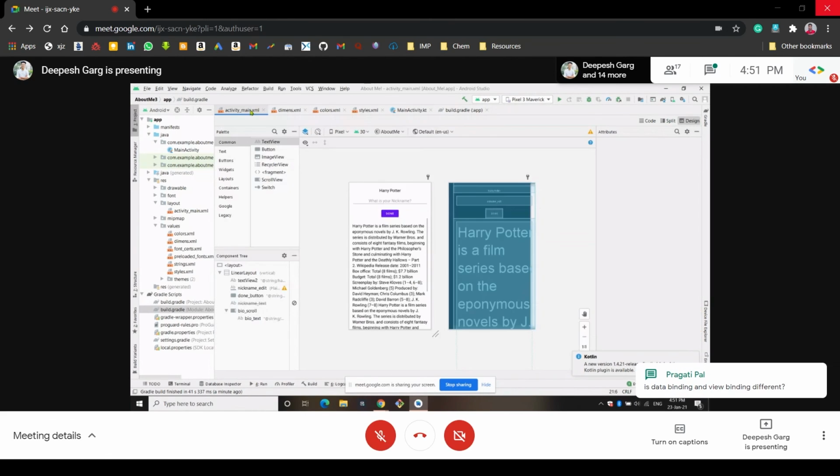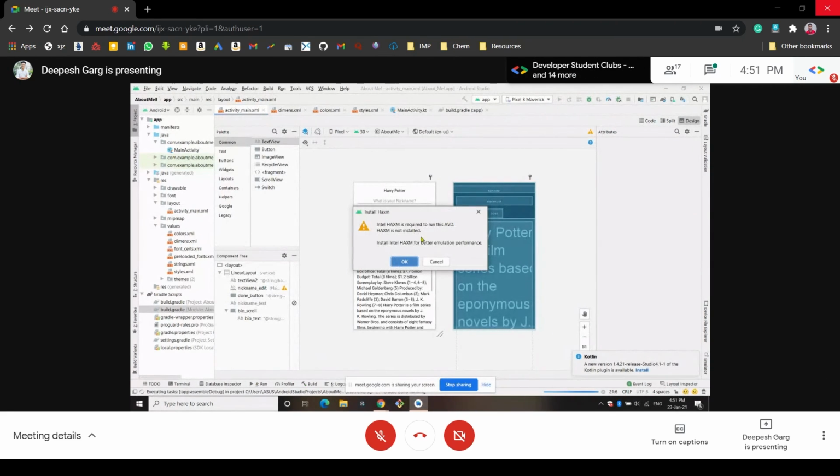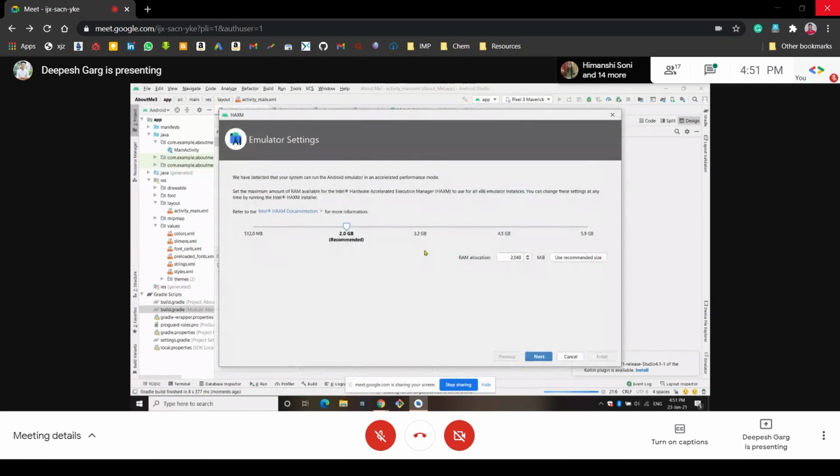Okay, so the Gradle build has finished. Let's run this now. Okay, some software is missing from my laptop. I have deleted something. It will not run on my laptop because my emulator has some problems.